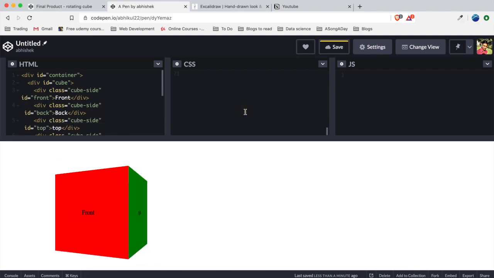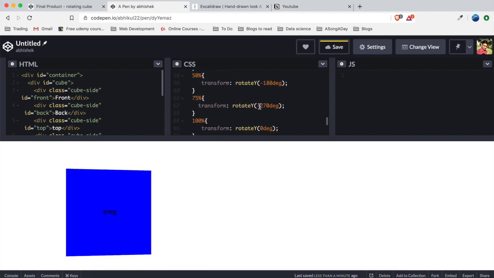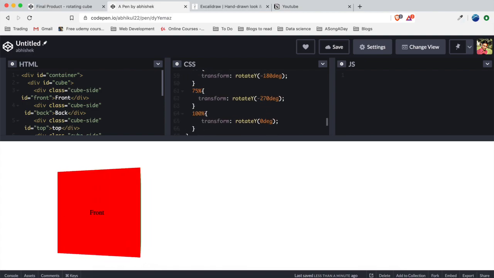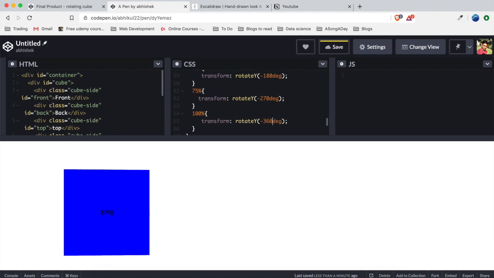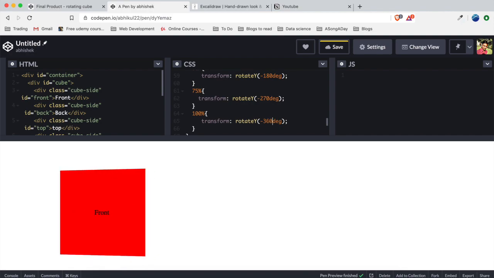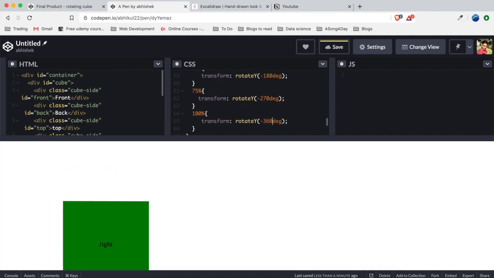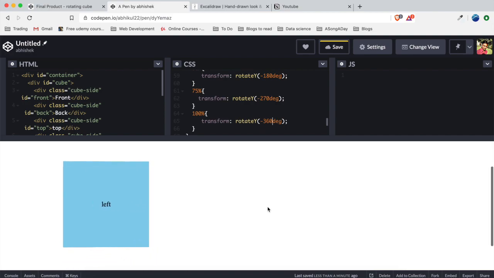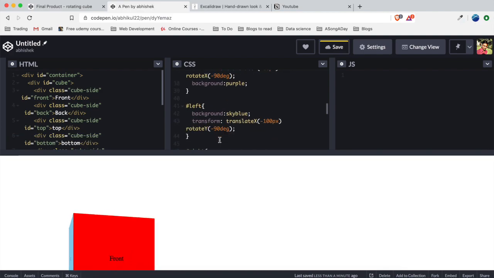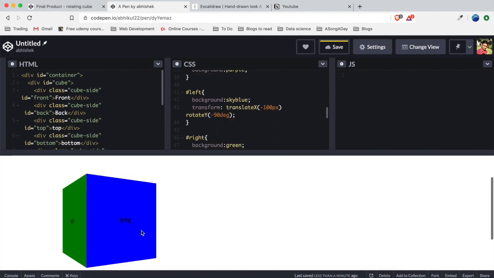So for that what we can do here is put this as minus 360 degrees. So front, right, back, left, and then again front. Yeah, so it's not reverting back to the 0 degree again. So as we see the back is coming as tilted here.